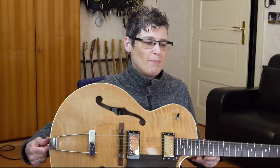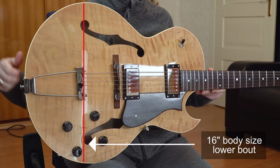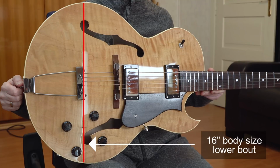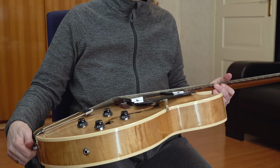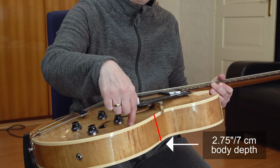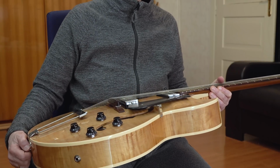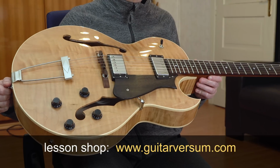The Heritage H575 has a 16-inch body size, and we're talking about the lower bout here, the lower width. That's what most people feel comfortable with, and that's the biggest size I feel comfortable with. Then we have a 2.75 inch, that's 7 centimeters, body depth, and that's a little smaller than a lot of huge jazz boxes have. The big jazz boxes are 3 to 3.5 inches in body depth, but this just feels